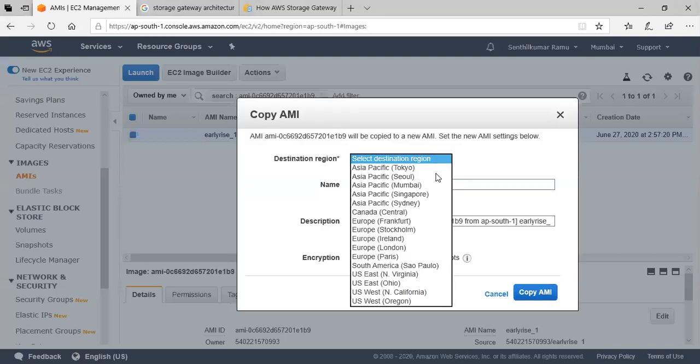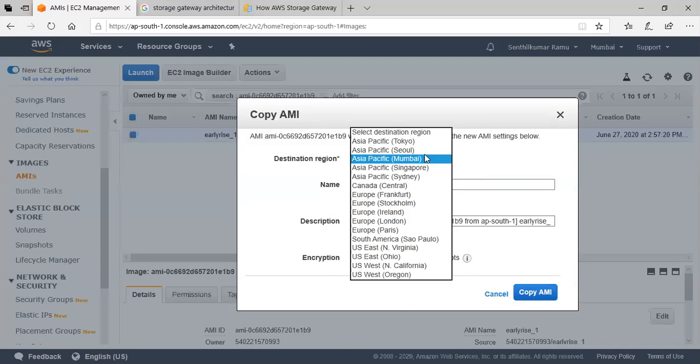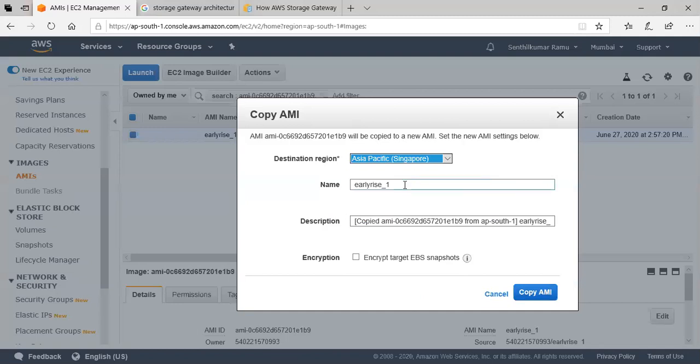Select destination. Where do I need to move? I'll select Singapore or Sydney, whichever you want, guys. Let me select Singapore. This is copy, and I don't want to encrypt. Okay, I'll say copy AMI.